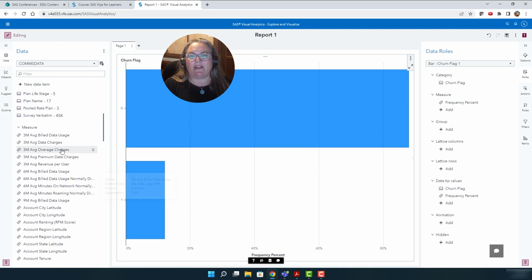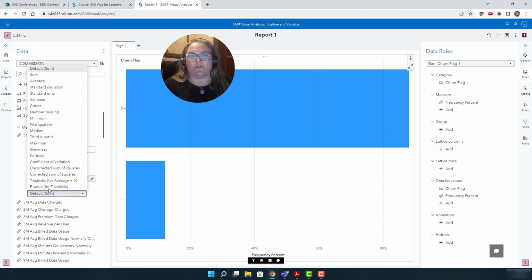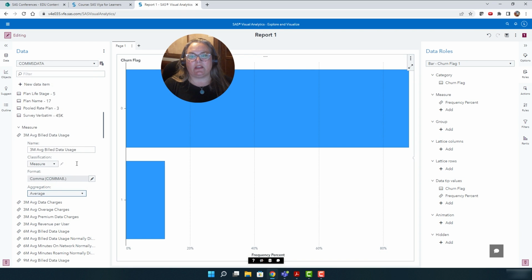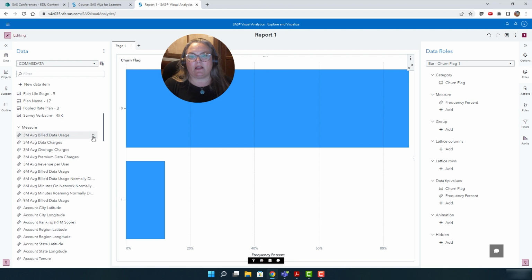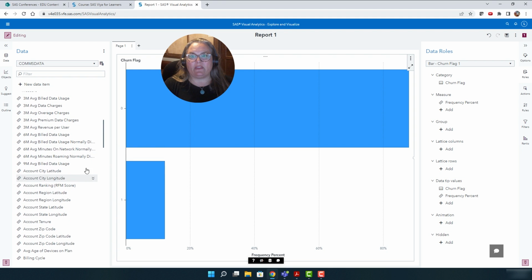In fact, we have several measures that are reporting average, but again, when I expand the properties, it says it's summing them. So I would just go and change these to average. I know we want to get into analyzing our data, but we need to make sure that we have some clean data that we can analyze. And we need to understand some relationships within the data.